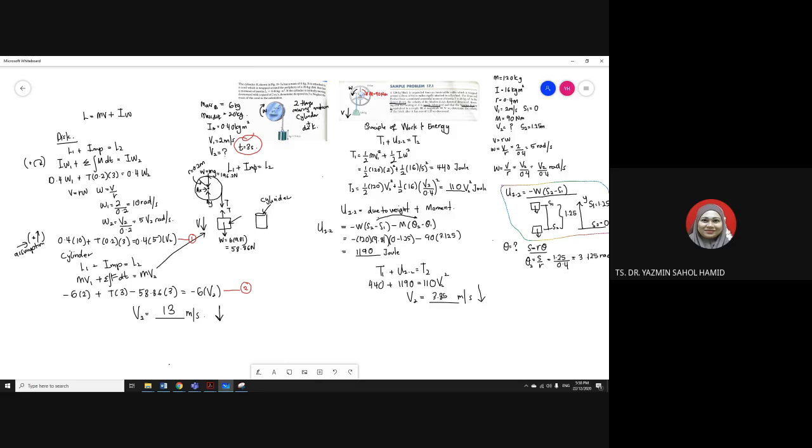What kind of kinetic energy do you want to use? Are you going to consider 1 over 2 mv squared plus 1 over 2 I omega squared, or only 1 over 2 I omega squared? You decide. And after that, what type of work is involved? Is it due to weight, due to moment, due to spring? You write down. As long as you know what you are doing, it won't be difficult for you